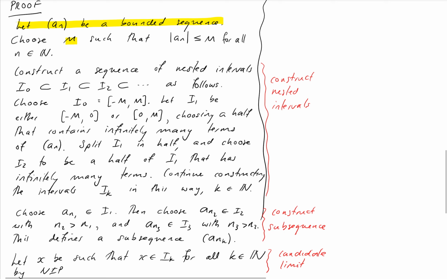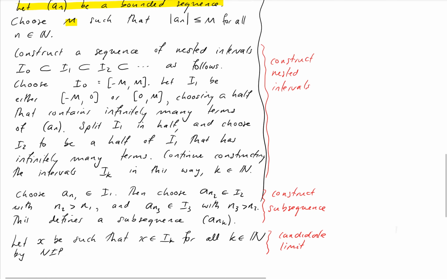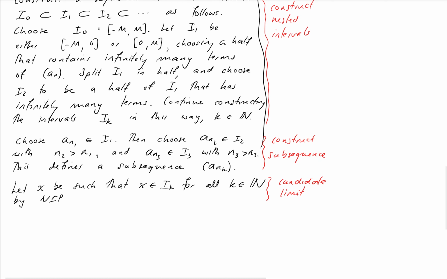Okay, so this is quite a nice proof in that it actually provides us with a method of constructing our subsequence, and it provides the point using the nested interval property that we're going to show it converges to. So at this point in time, we're now in slightly more familiar territory. We've done our weird thing, which is to construct this set of intervals with a certain property, and we can construct our subsequence. That's great, and we've got a limit point to compare with. So now we're going to do our normal thing, which is to show that this sequence converges to x. So now we're going to do this part.